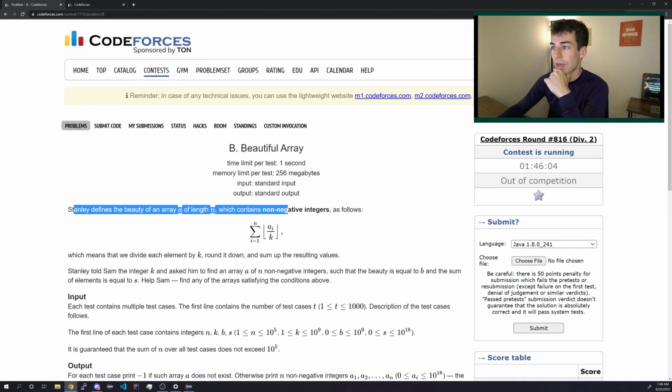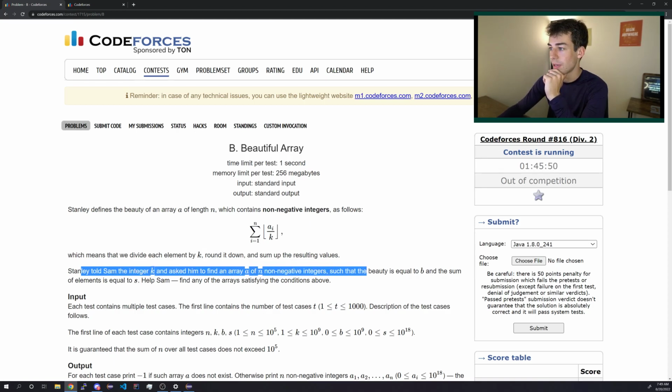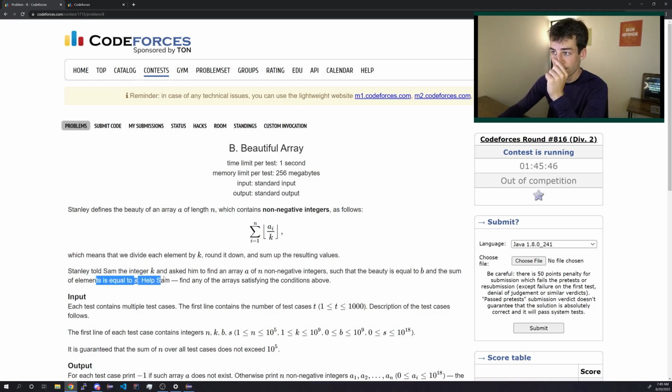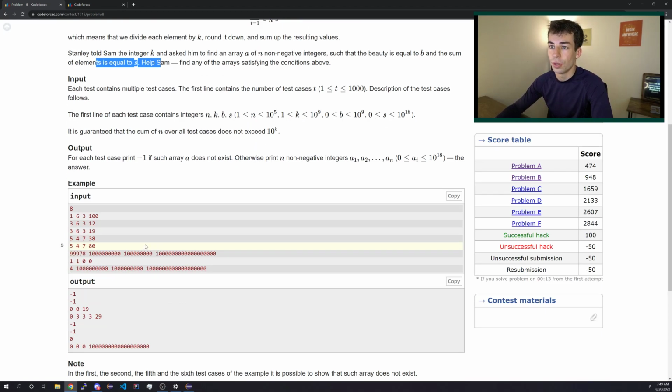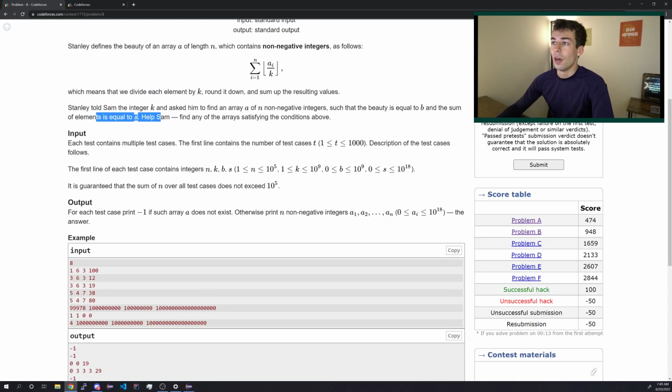Stanley defines the beauty of an array, which contains non-negative integers, as follows. The sum of this over k. Is k a constant? Stanley told Sam the integer k and asked him to find an array of non-negative values such that the beauty is equal to b and the sum is equal to s. So you round down each thing and sum them. Okay. All right, so you